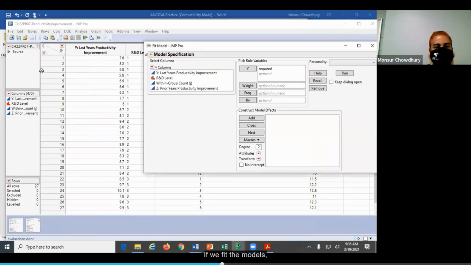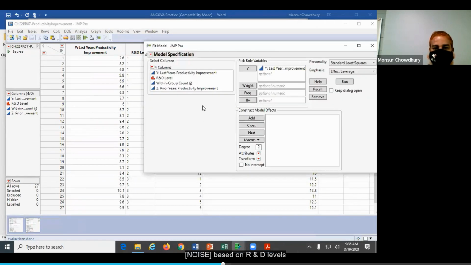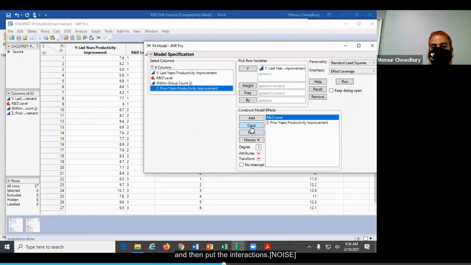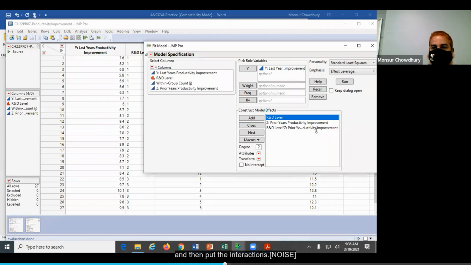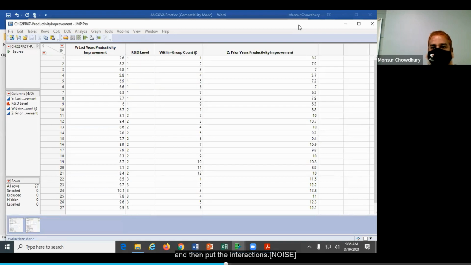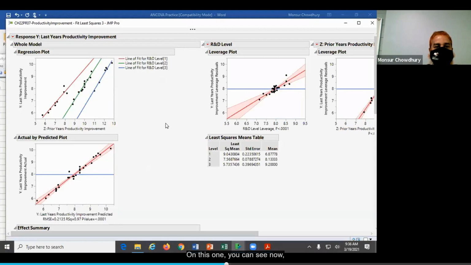So if we fit the model with the prior year's productivity improvement based on R&D levels, and then put in the interactions, and run this, you can see now.